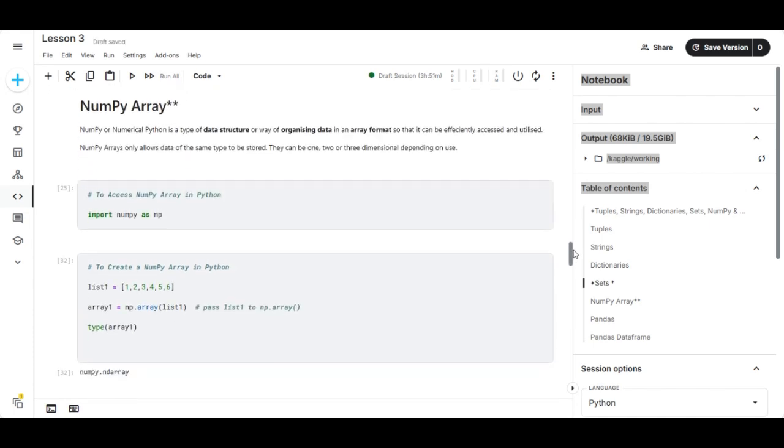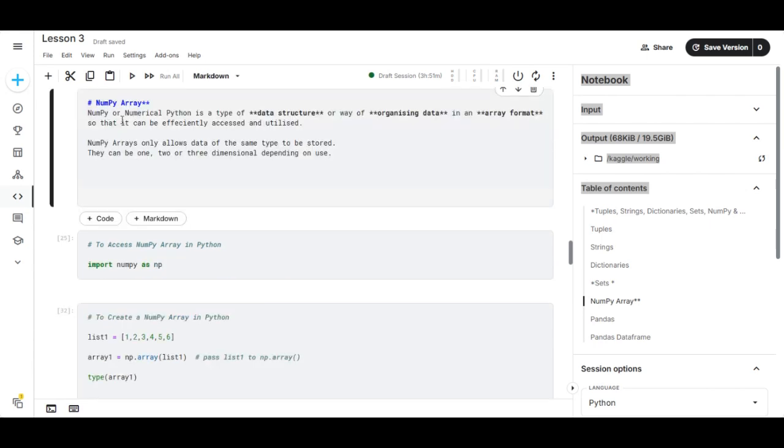Okay, now we come to NumPy arrays. What are NumPy arrays? NumPy stands for numerical Python. Numerical means numbers. It is a type of data structure, or way of organizing data in an array format, so that it can be efficiently accessed and utilized by Python. NumPy arrays only allow data of the same type to be stored. They can be 1, 2, or 3-dimensional depending on the use. And one thing you should know about NumPy is that they store numerical data, which is